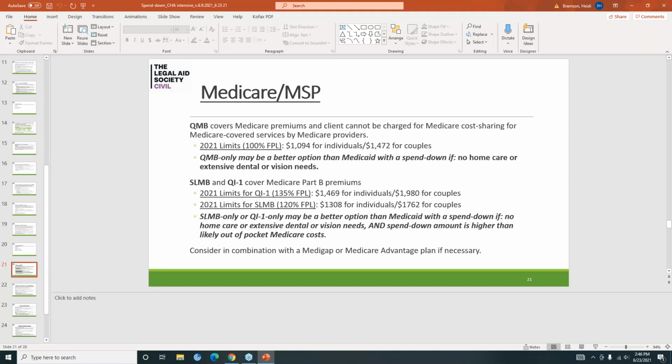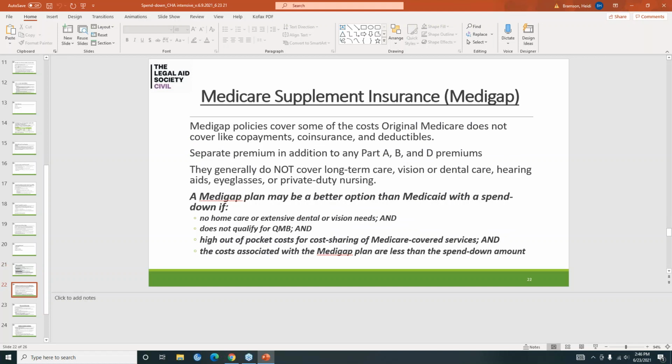And then the Medicare MSP program may also be considered in combination with a Medicare Advantage plan or a Medigap plan. So I'm going to go into those as well. So a Medigap plan is Medicare supplemental insurance. Medigap policies cover some of the costs that original Medicare doesn't cover, so co-payments, co-insurance, and deductibles.